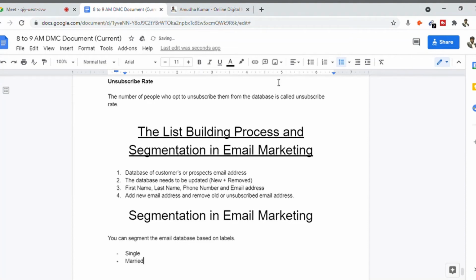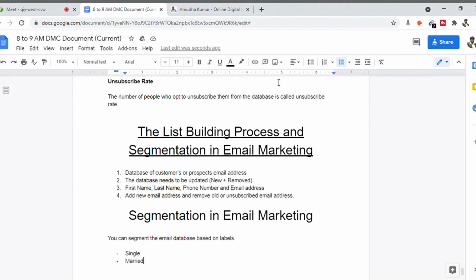How it is going to affect you, I don't know, right? Let me say you are creating a database of email addresses for a matrimonial service. In that category you need to have an email database for single or married, so you need to segregate your database something like that.